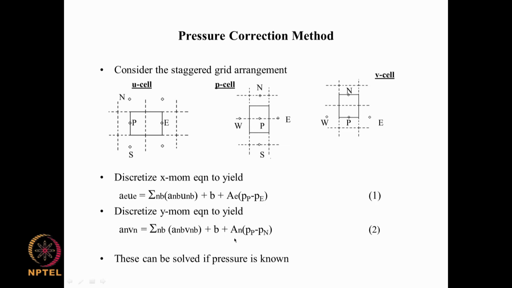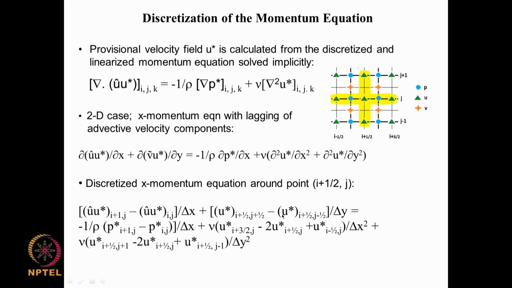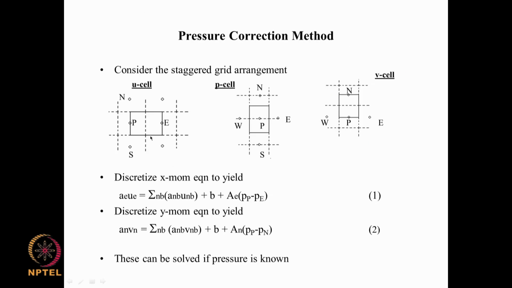So those are the 4 things that are coming here. And the pressure gradient term in this one is evaluated at this point, and the pressure gradient is dou P by dou x. So at this point, dou P by dou x can be given as Pe minus Pp divided by delta x, and all those things are subsumed in these coefficients here.